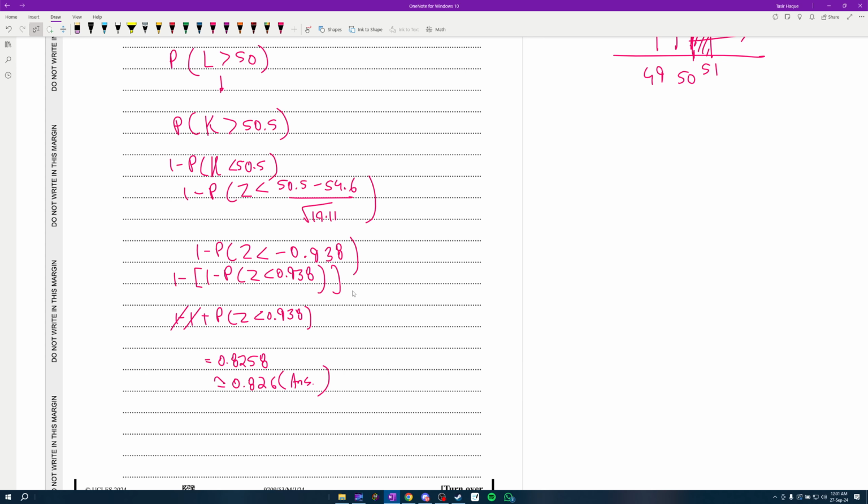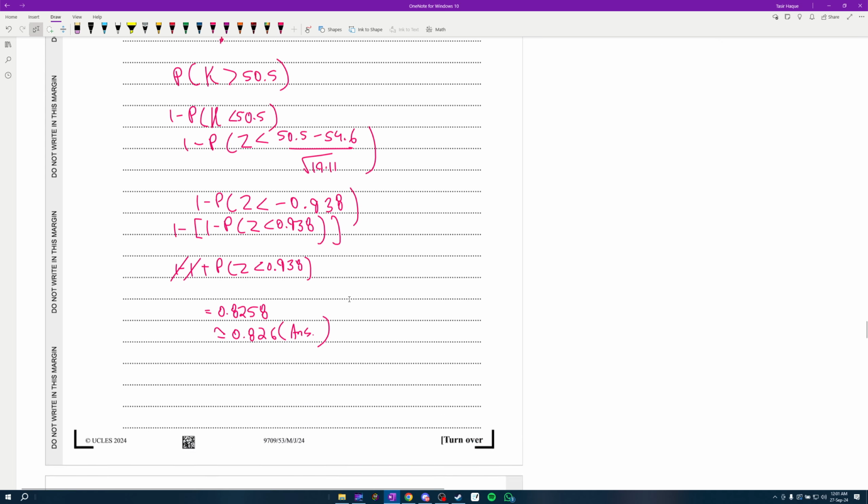So hopefully that makes sense for you guys. They did keep it to 4 dp for some reason. They wrote 0.9379 here instead of 0.938, but you should just keep it to 3 SF. That is totally fine. That is 100% okay. There is no issue with that, okay? If you do it like this, you're gonna get full marks, okay?